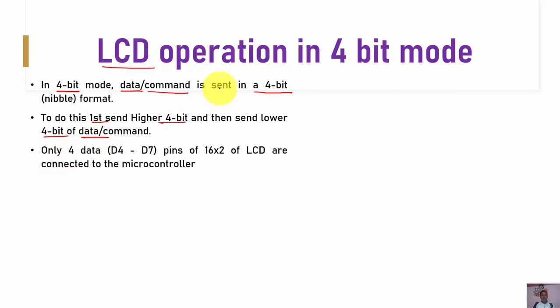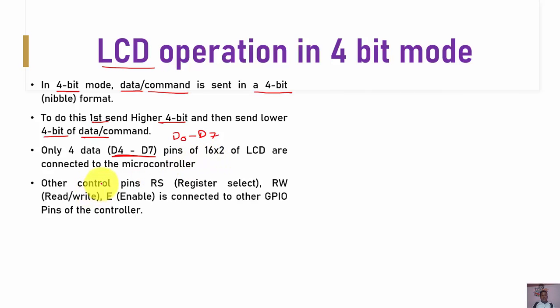Out of 8 pins, that is D0 to D7, only 4, that is D4 to D7, of the LCD are utilized. The other control pins, that is RS, R/W bar and EN, are connected to other